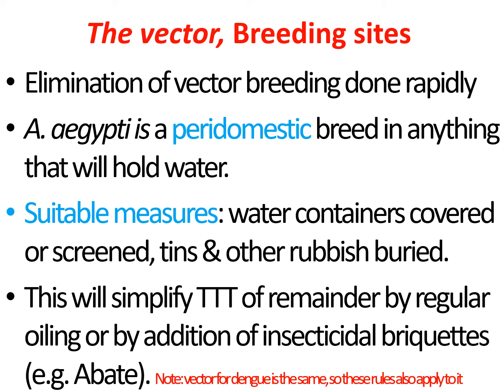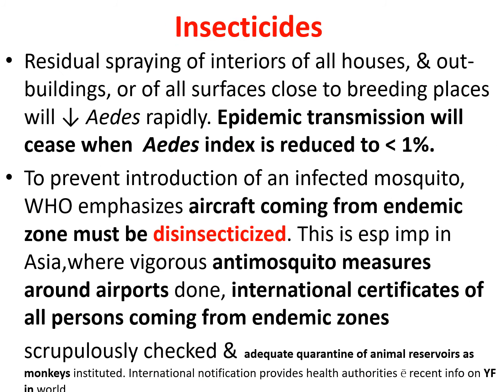This will simplify treatment of the remainder by regular oiling or by addition of insecticidal briquettes, e.g. abate. Insecticides: residual spraying of interiors of all houses and outbuildings or of all surfaces close to breeding places will decrease Aedes rapidly. Epidemic transmission will cease when the Aedes index is reduced to less than